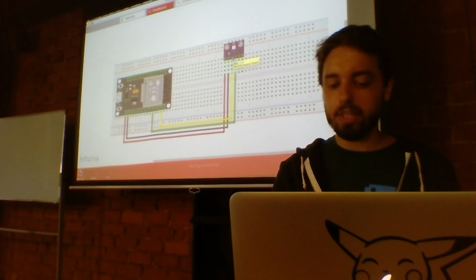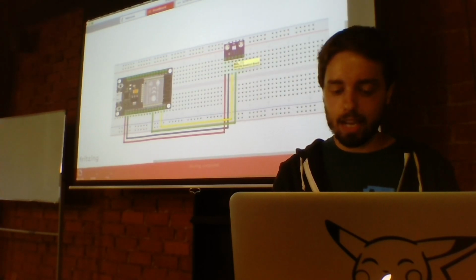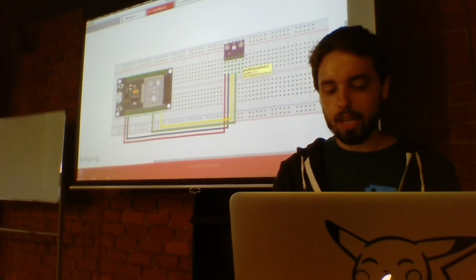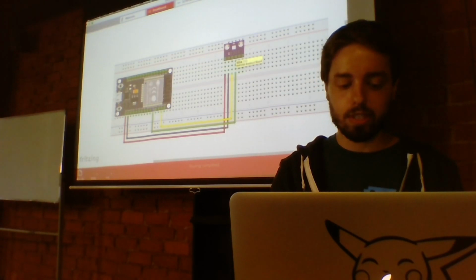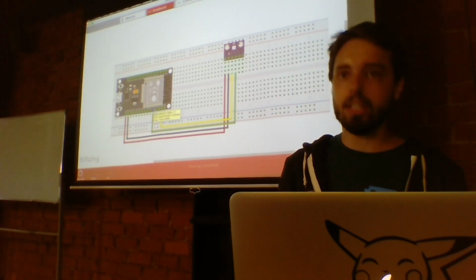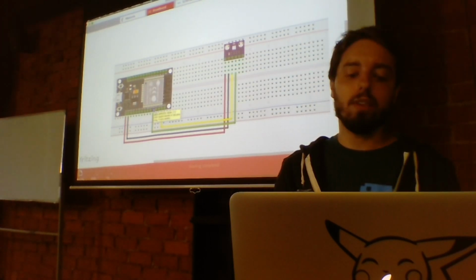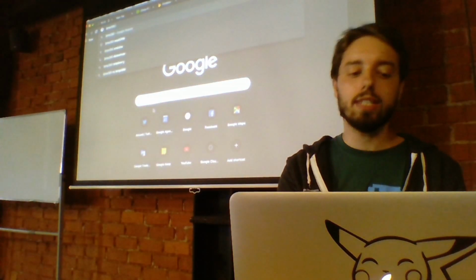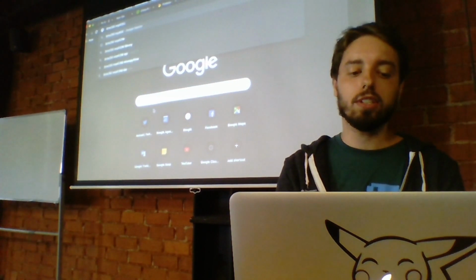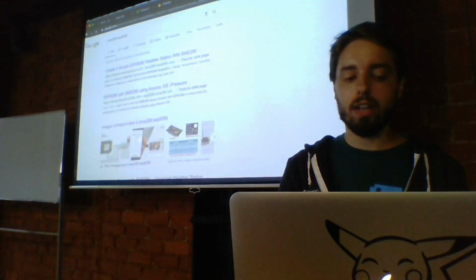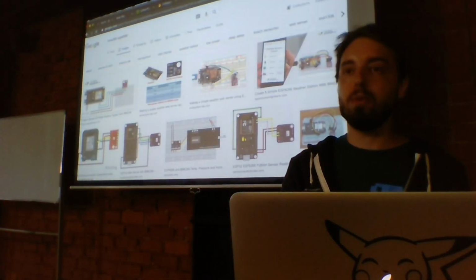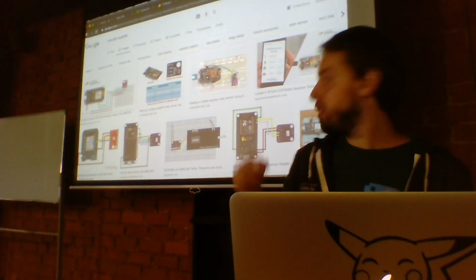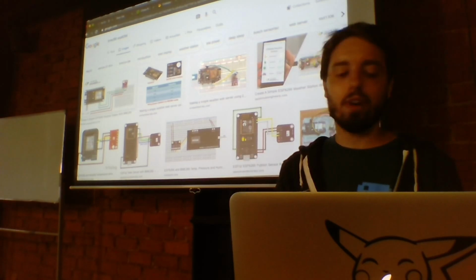And as we showed on the diagram before, SCL is connected to GPIO 22, and SDA is connected to GPIO 21. You don't have to think a lot. It's like that. If you're not familiar and you bought a microcontroller and you don't know how to connect it, you can just, for instance, write the name of your sensor and the microcontroller, and you will have a diagram telling you how you can plug it. So it's like Lego after all. You just have to follow the diagram and connect it.